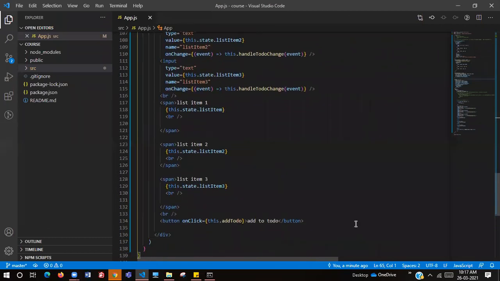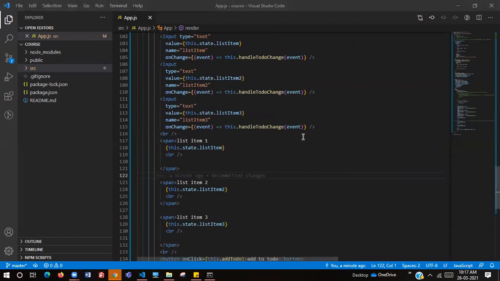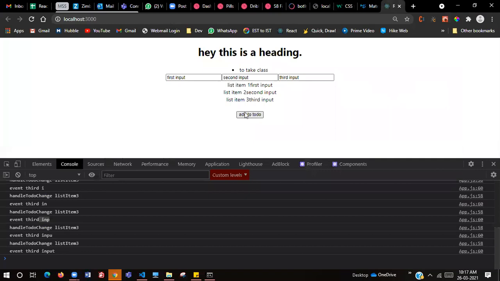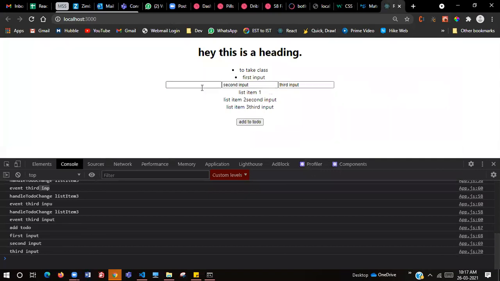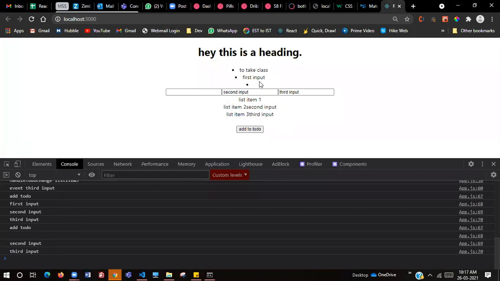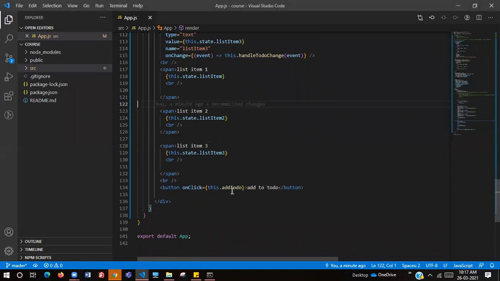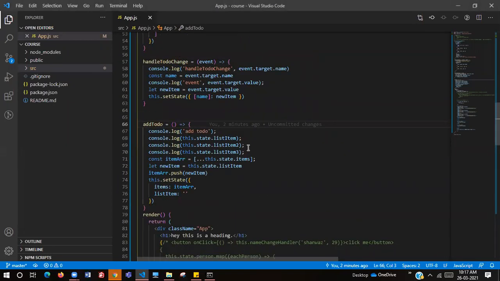Everybody clear? Deepika, Devi, and Harish, just click on that add to do button. We'll see how the output looks. See, now we click on add to do, and we are always taking the first input and adding it to the list here. We are not taking all the list items, but only the new item, which is this.state.listItem.